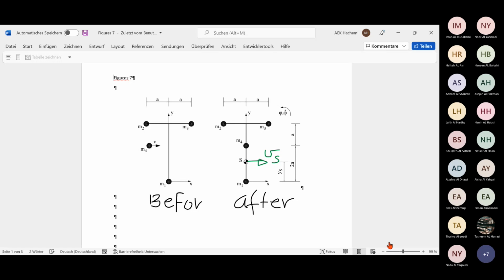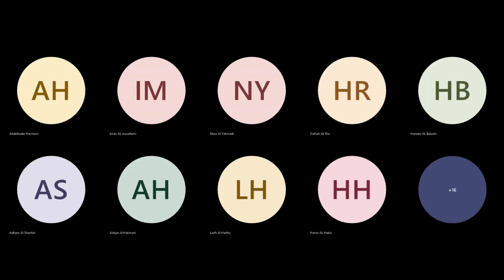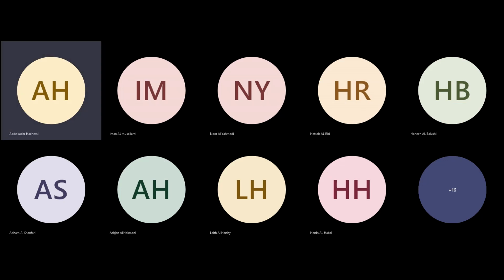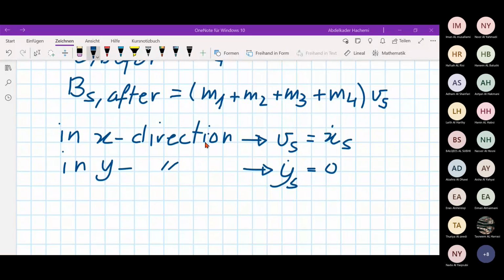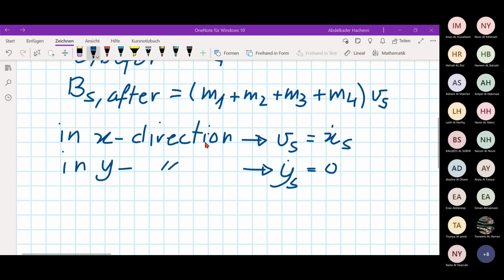Now we develop further. What we have here, we can write that from this equation, let's say 1, we can write that here M for